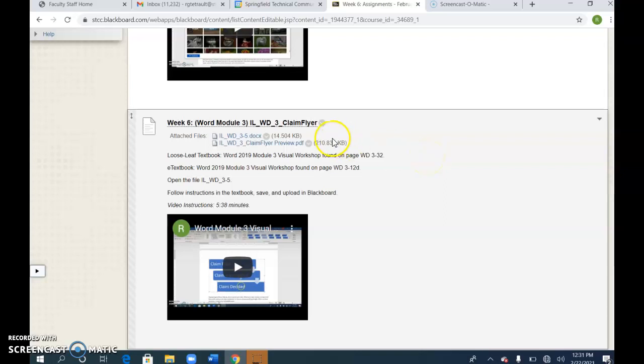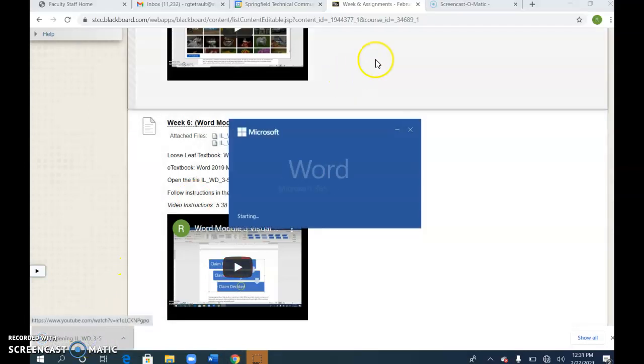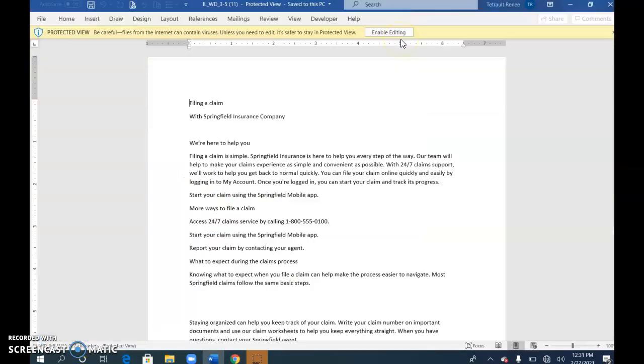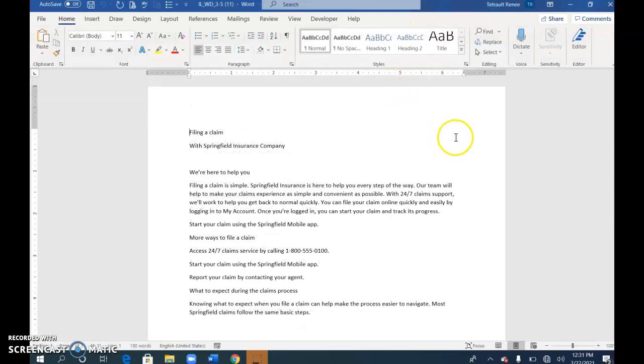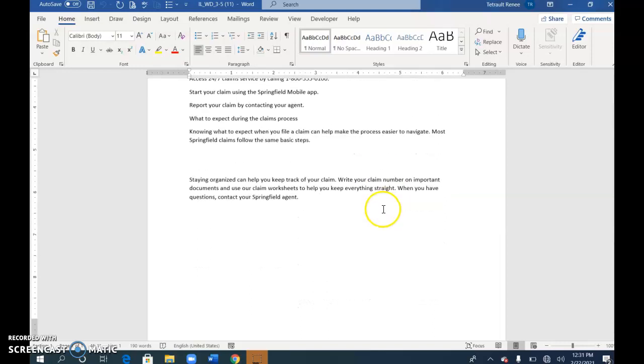Word, Module 3, Claim Flyer. Go ahead and open 3-5. Enable the editing. So if you look at this, it's just a very short, simple